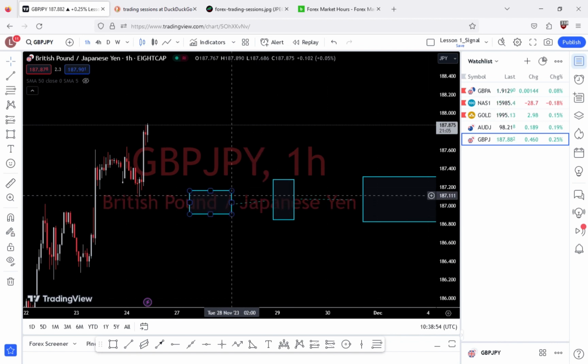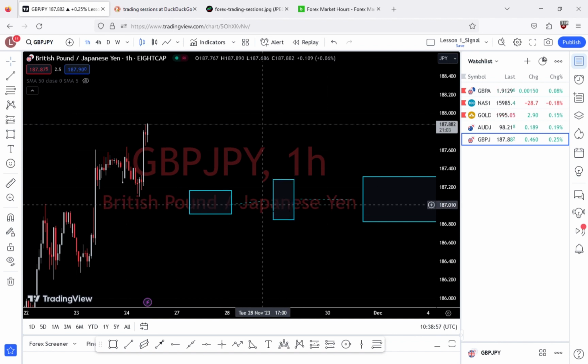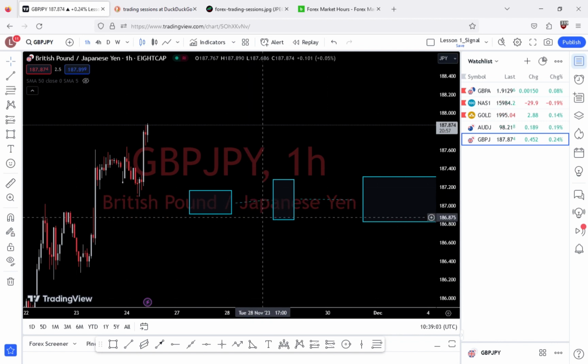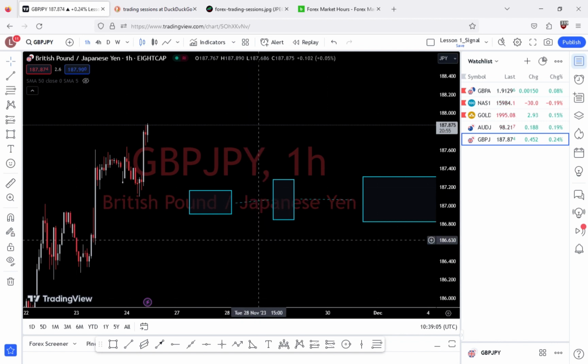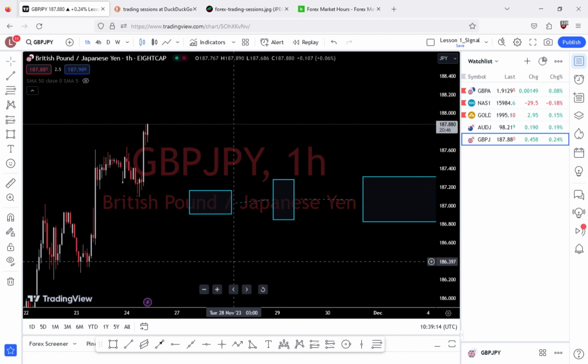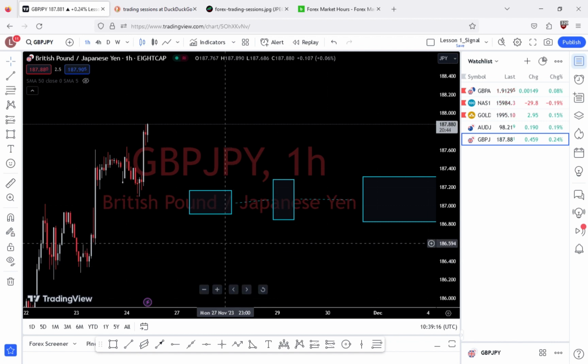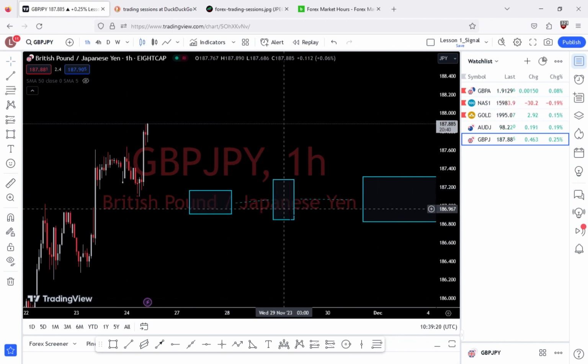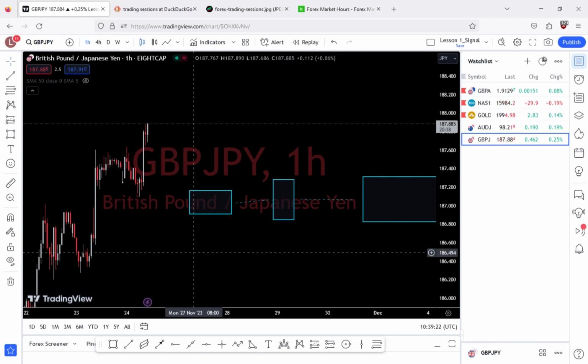So whether your trades go in-house depends on what type of trader you are. If you're a profitable person, they'll open positions in the same direction as you. When you decide to buy, they'll know that you're profitable, and they'll decide to buy with you. But if you're a newbie and they know that you lose more often than not, they'll trade against you and keep the money you lose, but they'll also give you a profit when they know that you're a good trader. This is how it goes.